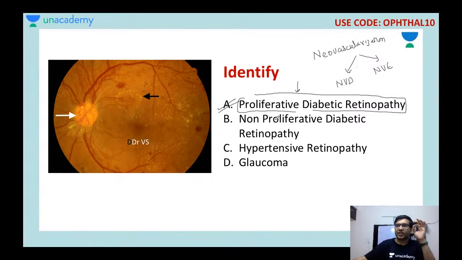Now remember, a proliferative diabetic retinopathy would have all the features that would be seen in non-proliferative diabetic retinopathy as well. So proliferative diabetic retinopathy will have the features of NPDR and also the features of PDR, both. Okay, so don't get confused because here you see some hemorrhages or some exudates, and on that basis call it NPDR. Remember, in NPDR you will never see new vessels. All the vessels that would be seen in NPDR would be the normal retinal vessels. New vessels are not seen here. Okay,